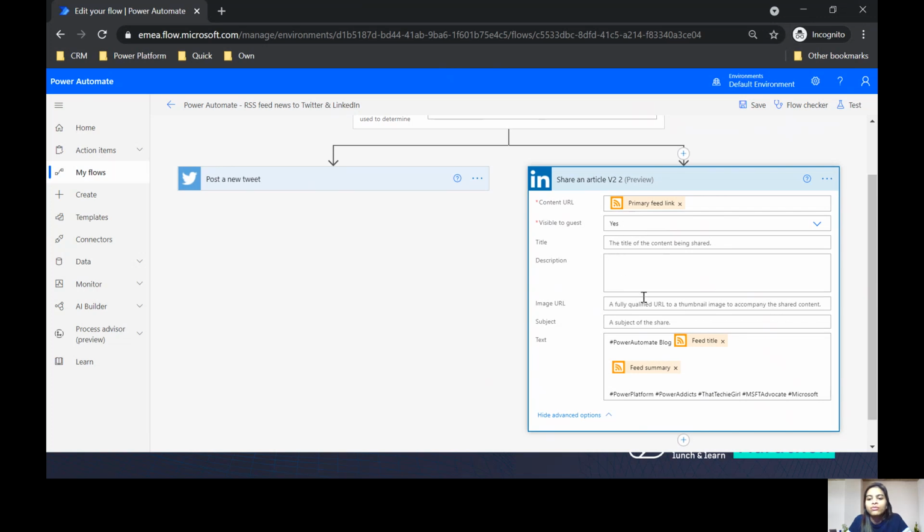Then I've kept the rest of the items blank, and then I've mapped the text field. In LinkedIn, the text field is the area which gets posted on LinkedIn. Again, I've used the feed title and feed summary this time. Okay, and the link is automatically pasted, so it will give me the summary this time, and the entire post is posted whenever a new blog is posted on LinkedIn.